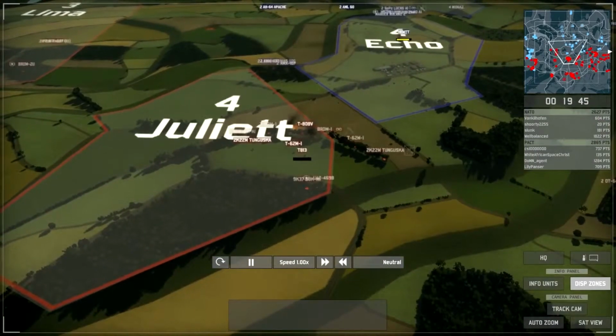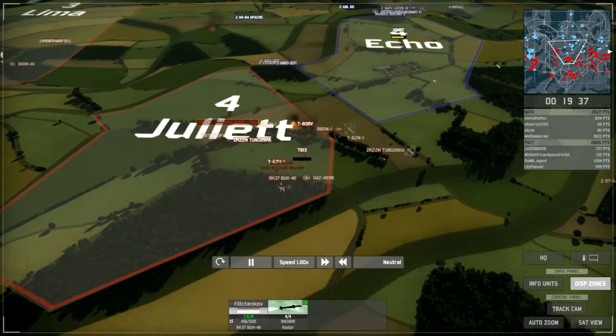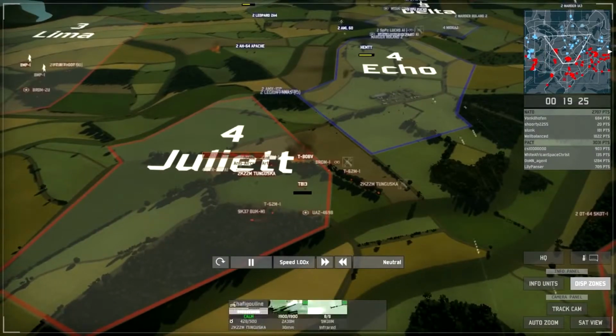We also have, my allies also got a Buk M1. This is a very long range and very accurate, very powerful and very deadly anti-aircraft unit. It costs about the same as the Tunguska, but doesn't have the autocannons, but its range is a lot more. And it can generally one-shot a NATO helicopter if it can hit it, due to their general reduced health compared